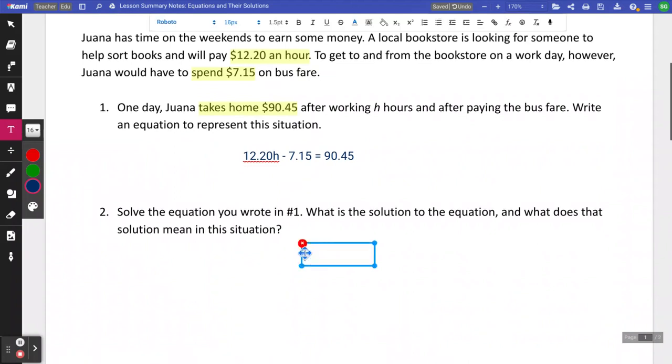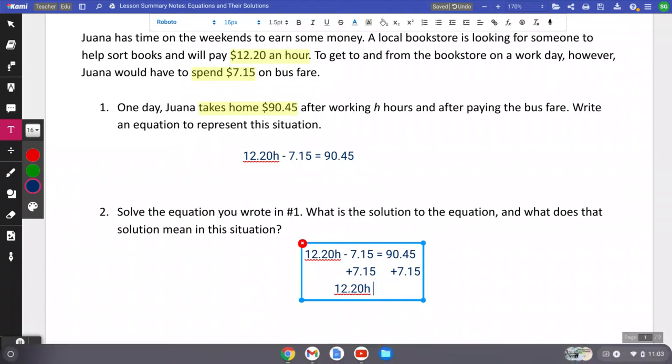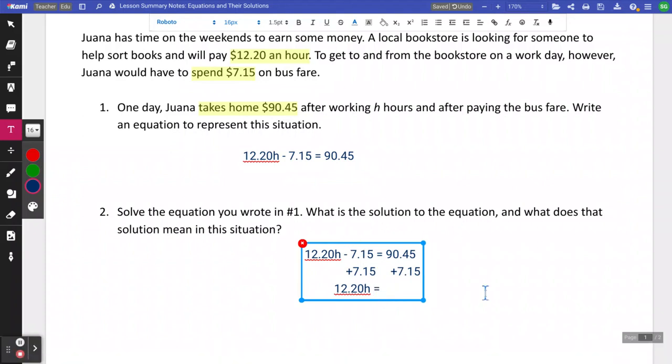For number 2, if I want to identify what the solution is for this equation, it means I just need to solve the equation we've got. Using inverse operations to help us solve, I'm going to start with that constant, the $7.15, and do the opposite, which would be adding $7.15 to both sides of our equation. When I do that, I'm left with 12.20h. Those 7.15s cancel out because it would equal 0. So I get 12.20h equals, and then on our other side, it's going to be